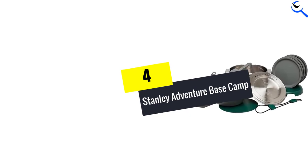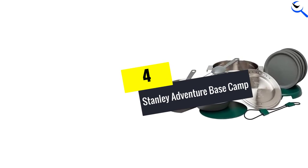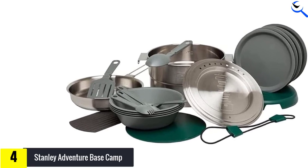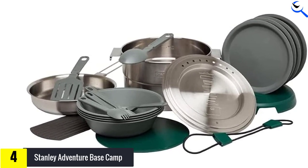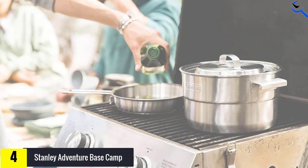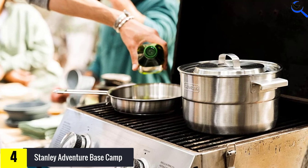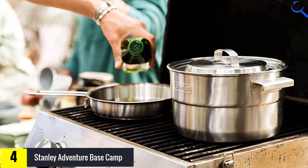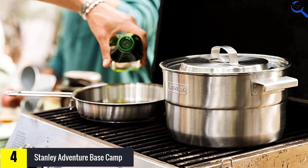Moving on at number 4, we have Stanley Adventure Base Camp. The Stanley Adventure Base Camp Cook Set 4 is high quality, affordable, and includes everything you need for great camp cooking. The heavy stainless steel cookware is super durable, and the BPA-free dishes and utensils are lightweight and convenient. While this set may be a bit on the small side to cook for large groups, it's just right for